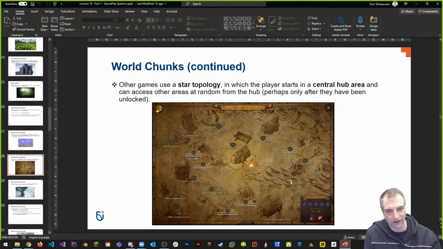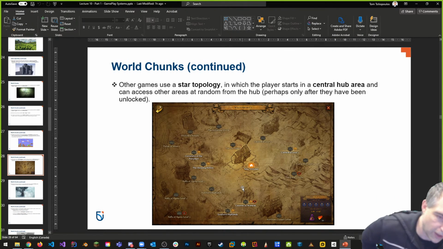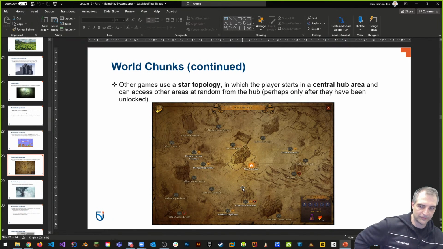So you can go to any one of these places that you visited before. And one thing that Diablo allows you to do is increase the difficulty, ratchet it up, and replay the entire experience again with more difficulty. And one of the things I want to talk about again is that some of the games I've talked about already have a lot of